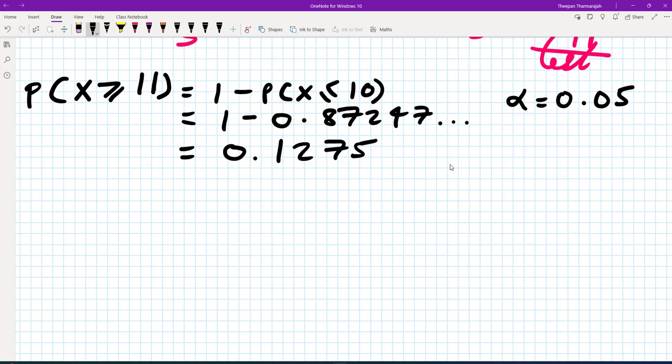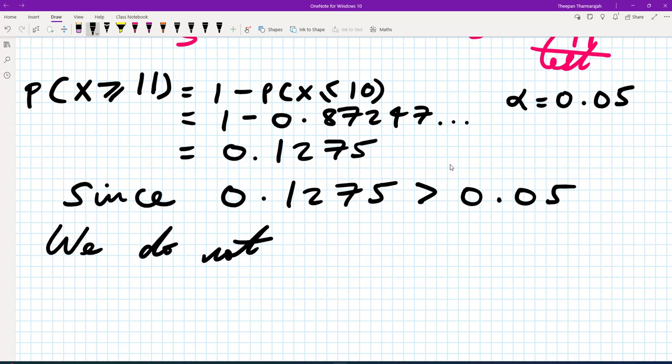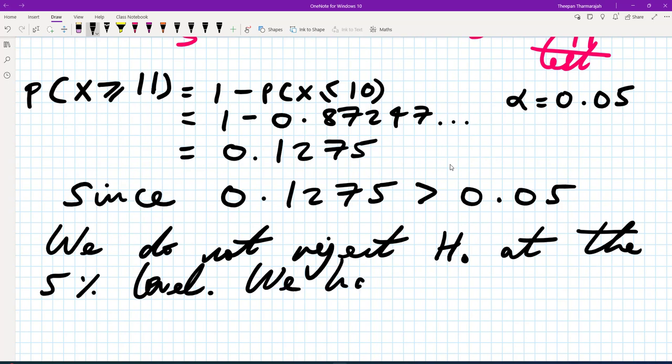So in our case, we say since 0.1275 is greater than 0.05, we do not reject H0 at the 5% level, and we must state this: we have insufficient evidence